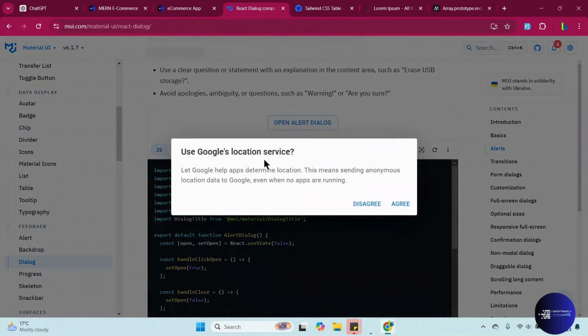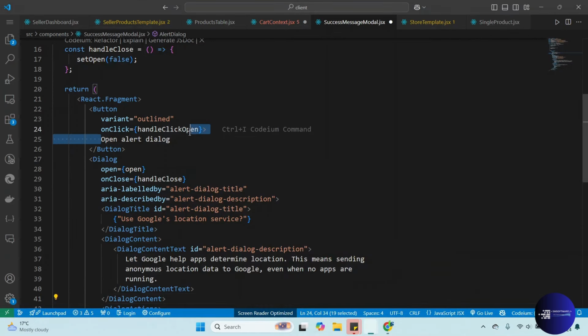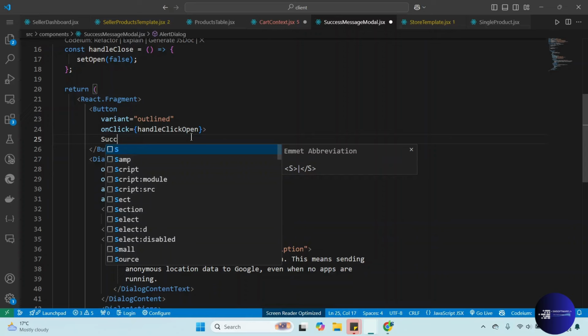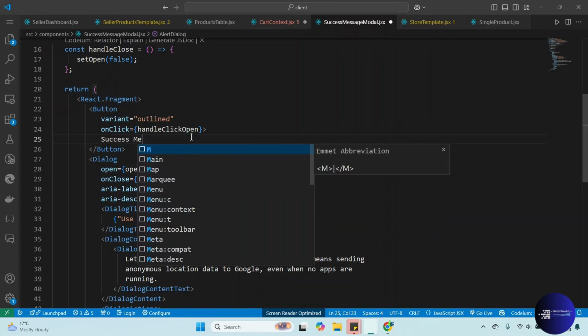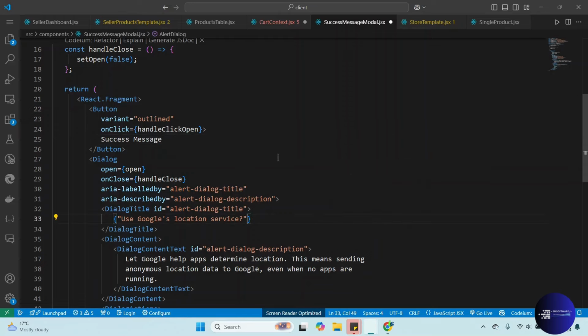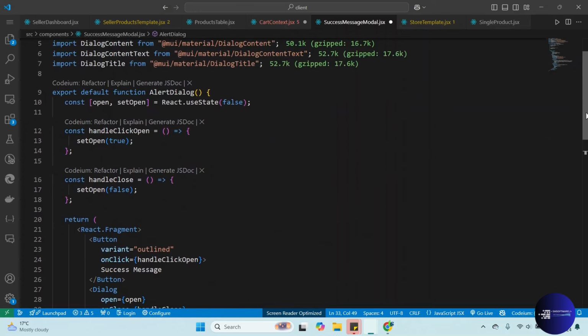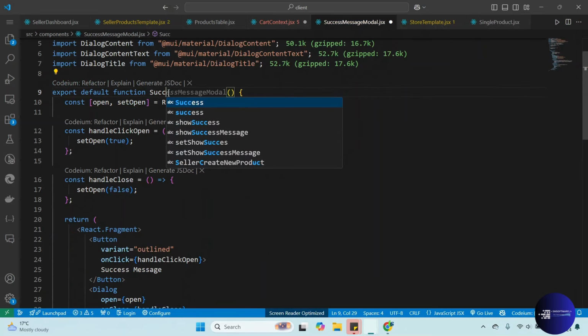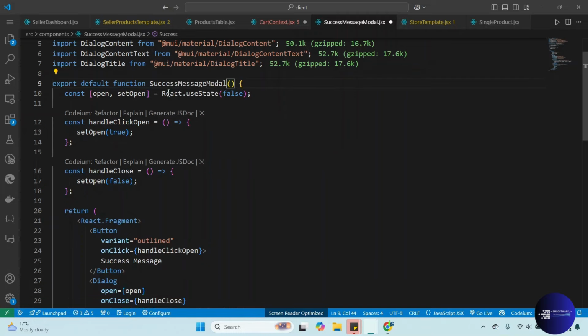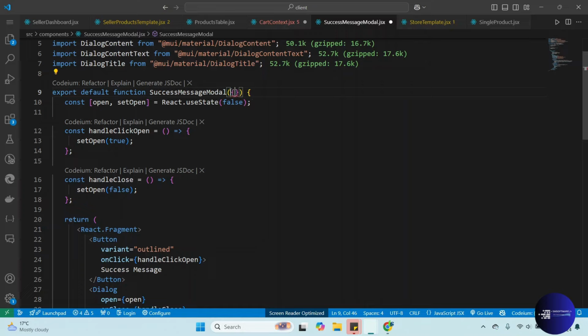If you try to open it, so we have a use location. Let's just say, for example, success message. For this one, let's call success message. Yeah? And then for message, let's change the name. Control plus shift plus L. Success message model. So this will take, for example, message,